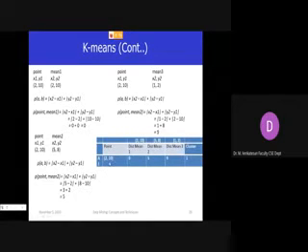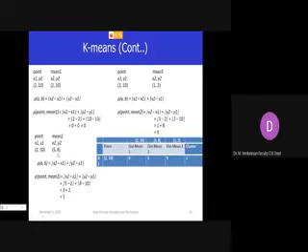A1 value is 2, 10 and the centroid of cluster 1 is also 2, 10. So if we substitute 2 minus 2 and 10 minus 10, you will get 0. Now compute the distance between A1 (2, 10) and 5, 8.